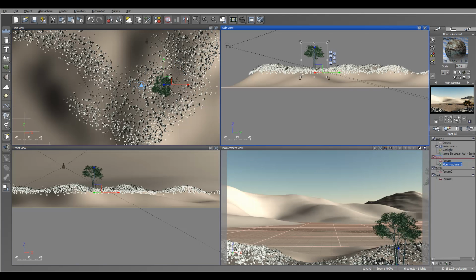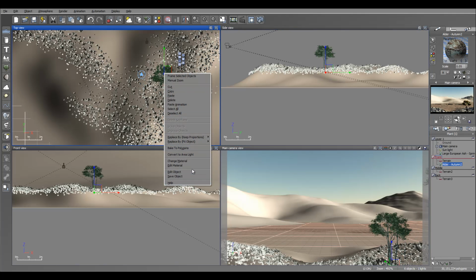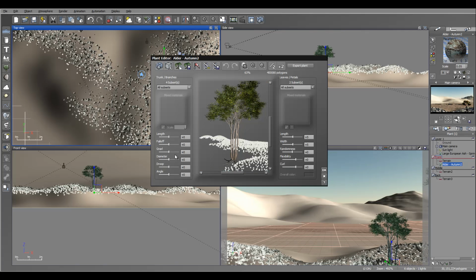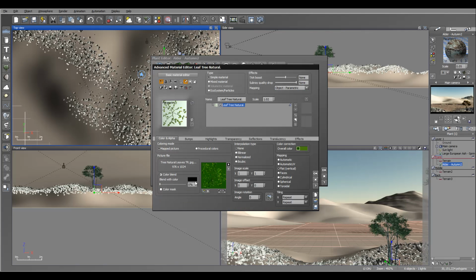Okay, I think this is about right. Maybe around right here. I'm going to edit this object so we can increase growth slightly on this tree, and I want to actually change the diameter. Most important, the leaves. We don't want this much of them, because they're almost gone. So right here we'll just increase the size of them, and we can also modify the color